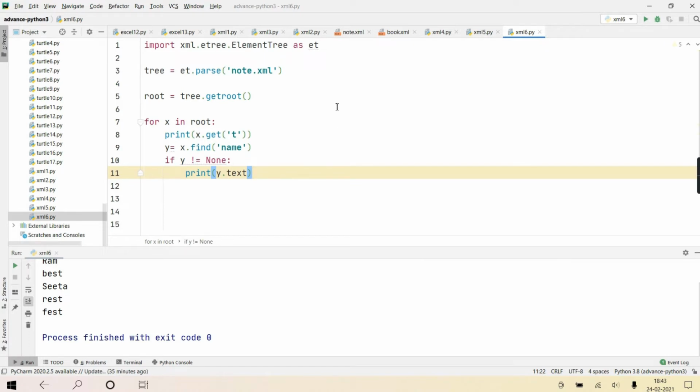Now, if you want those changes to be reflected again in the disk file, you understand? So if you want it to be reflected in the disk file, you have to save it again. So how to save it at the end, I'll tell you. Same as in our Excel process.